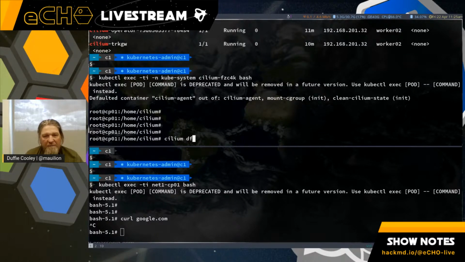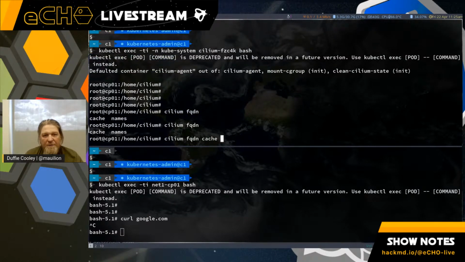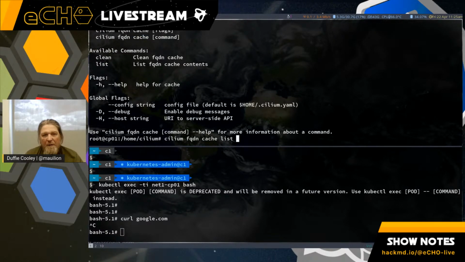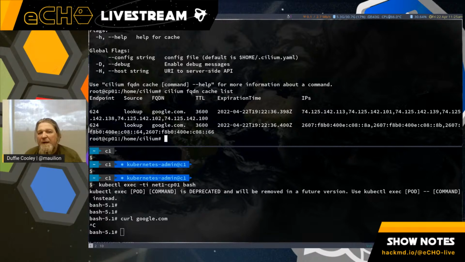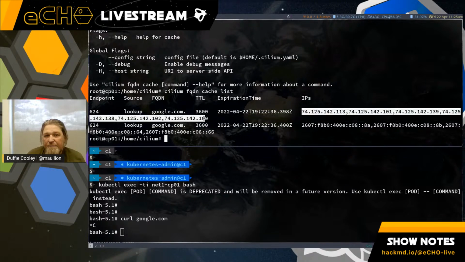Do cilium FQDN cache list. And I can see that there is now a record in here that maps google.com to these IP addresses.